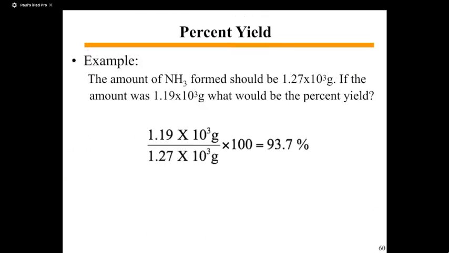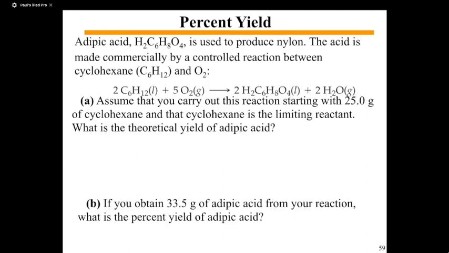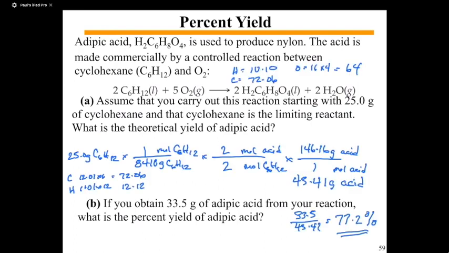Okay? And so I could give you something as simple as this. If you should have formed this amount, but you actually formed that amount, then you take what you actually formed divided by what you should have formed times 100, and you get your percent yield. And that's a very simple problem. Okay? But why give you a very simple problem when I could give you